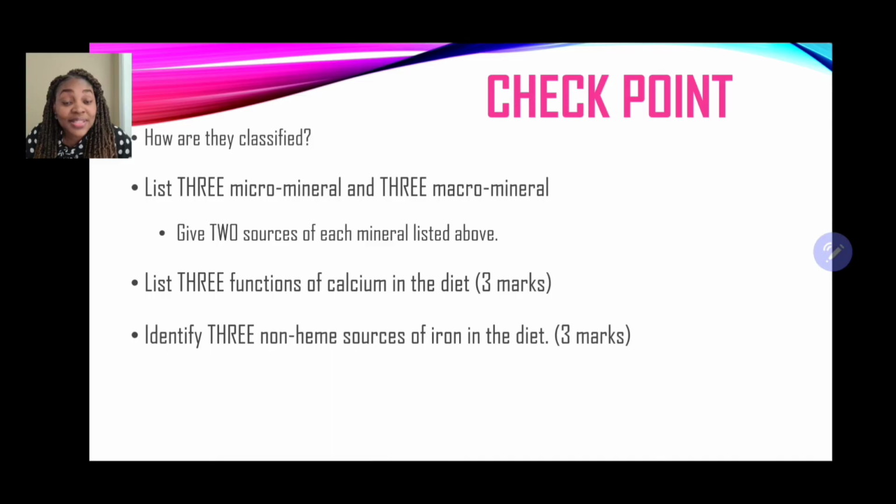How are minerals classified? Next, list 3 microminerals and 3 macrominerals. Give 2 sources of each mineral listed above. So you should be able to give 2 sources of microminerals, 2 sources of macrominerals, and also to identify the